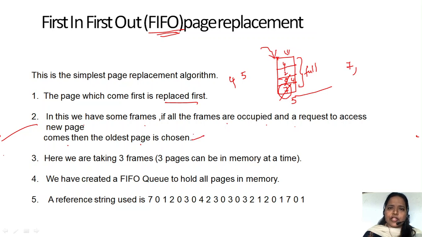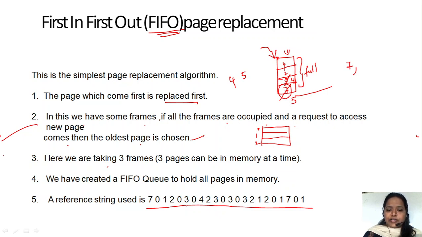So that is how we'll make use of this page replacement algorithm. Here we are taking three frames, in the sense that the main memory is going to have 3 frames only: the 0th frame, the first frame and the second frame. If we have created a FIFO queue, this is the reference string, these are the pages we need to insert. But how many frames do we have? We have only 3 frames.